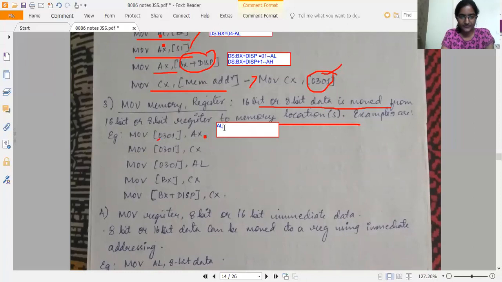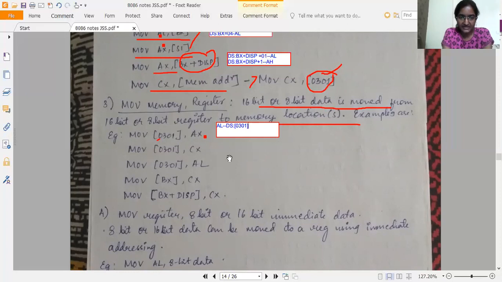Content of AL will be moved to DS:, where it is already given 03. So I'll just write the offset address directly, because we don't know which pointer register is in the picture. They have not mentioned that.